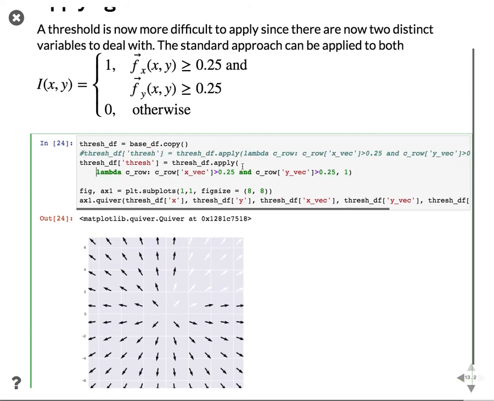So if we wanted to apply the absolute value, there are functions that do this, but we can define it ourselves. And so now we can say the square root of the square of X vec plus square root of square Y vec is,